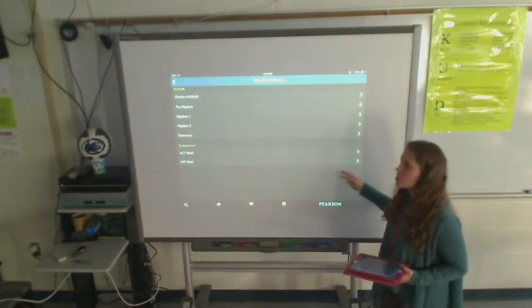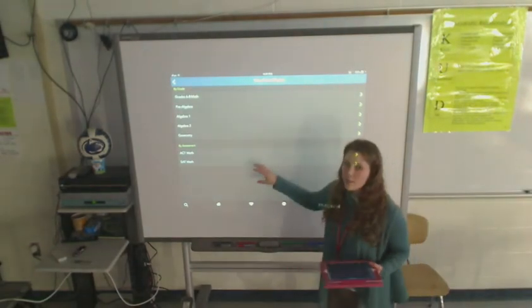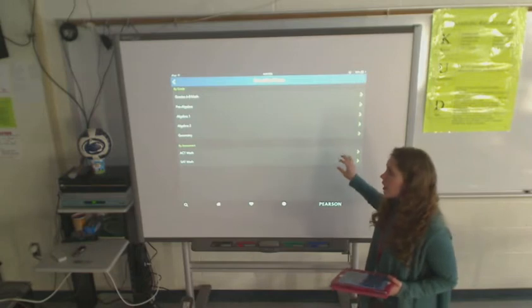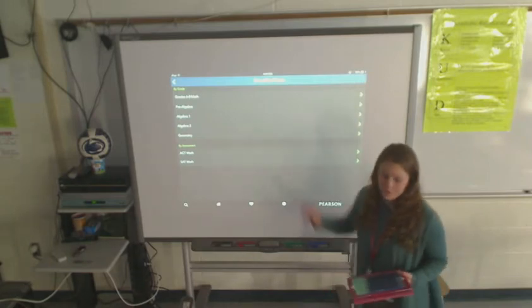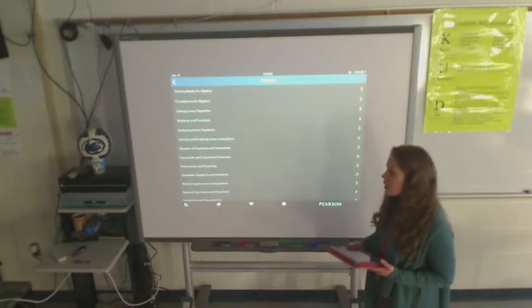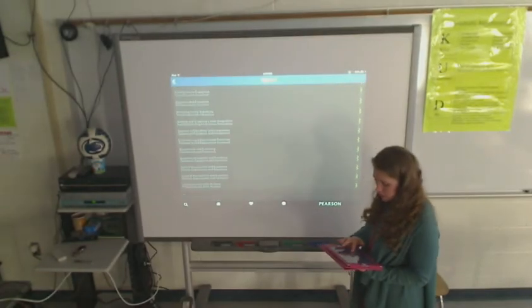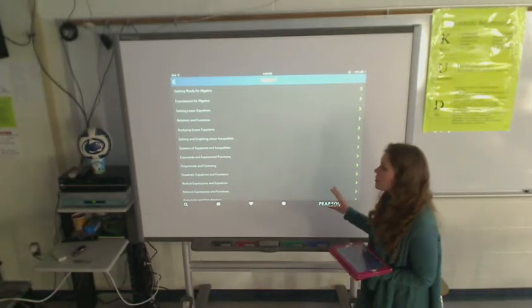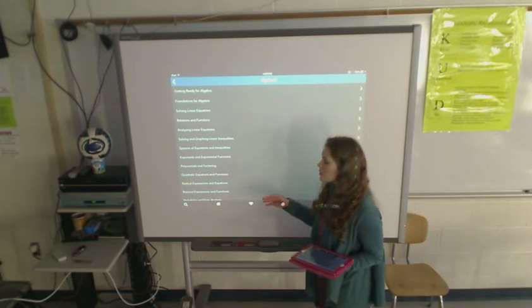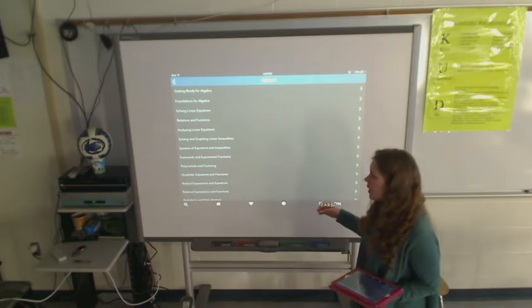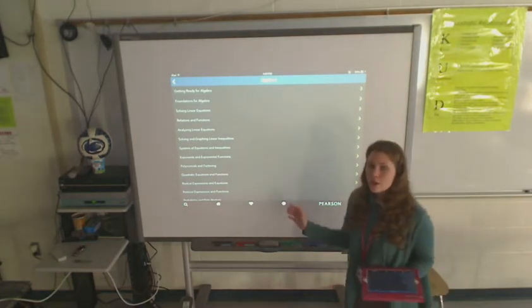When you go to this section, it'll list it by grade and then by assessment, but we want to focus on grade, and we're going to want to do Algebra 1. So when you choose Algebra 1, you're going to see a list of different subjects that might be a little overwhelming, but these are topics that we've either already talked about or we're going to talk about. And I just wanted to push you in the right direction